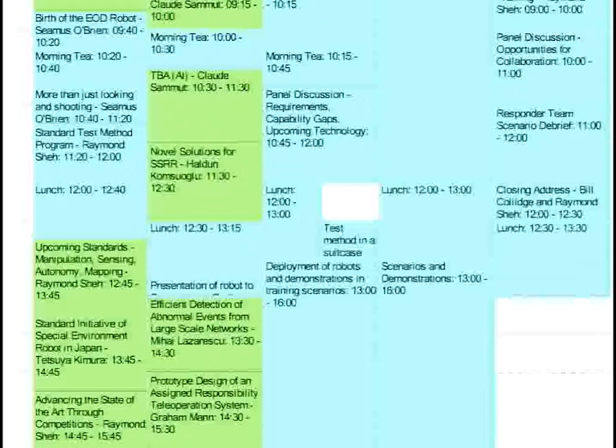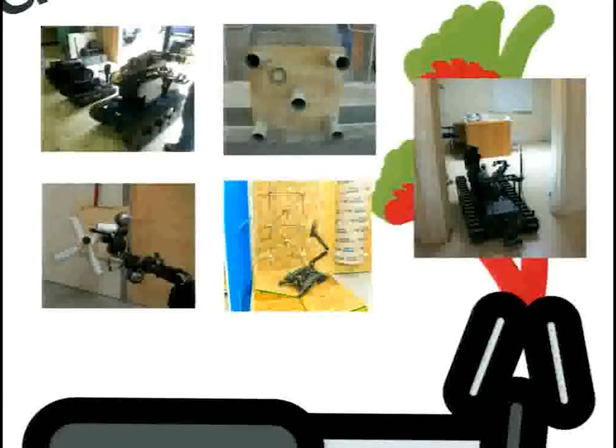And it also gave the researchers a very good opportunity to see firsthand the kinds of challenges that the responders are actually facing in their daily work. It also gave us the opportunity to be part of the practical sessions held using actual robots used in response, both in standard test methods for response robots as developed by NIST, as well as in operational scenarios, such as in this case, the response to a suspected clandestine drugs laboratory.